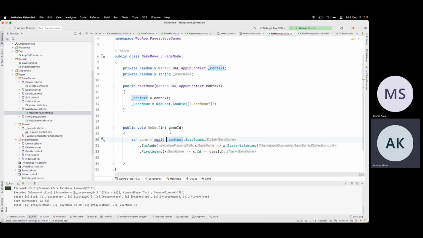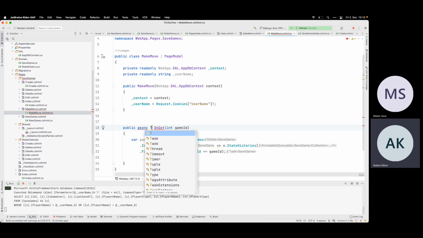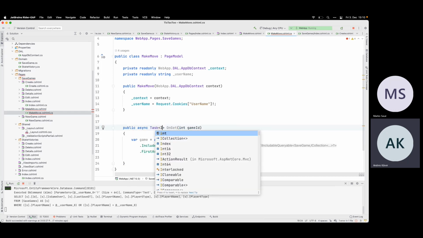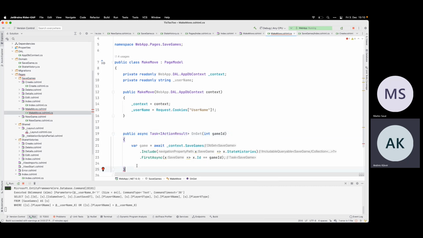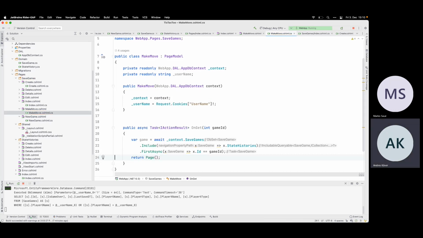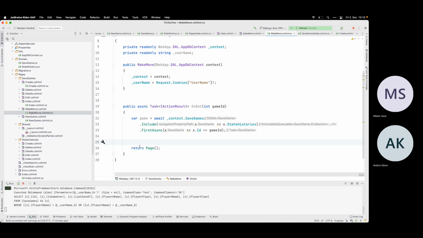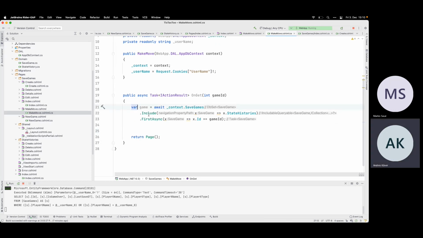So this has to be await, and now this one is async task. Let's call it an IActionResult. And now I actually have my game with my state histories, if there are any. And now I can decide what to do with those. Basically, what shall I do now? We are making a move. I have no idea, is it the first one or not the first one? Doesn't actually matter.